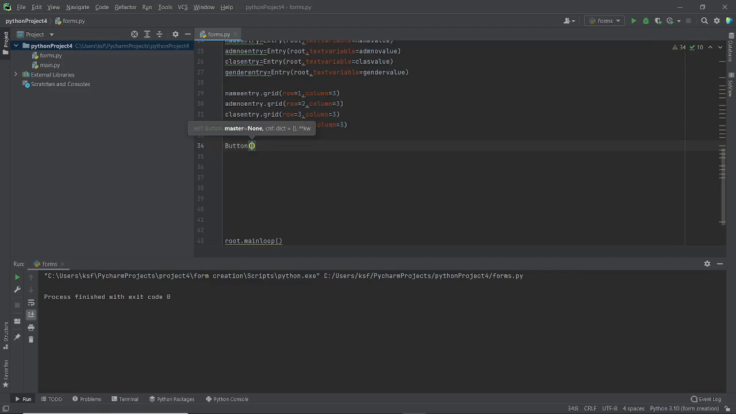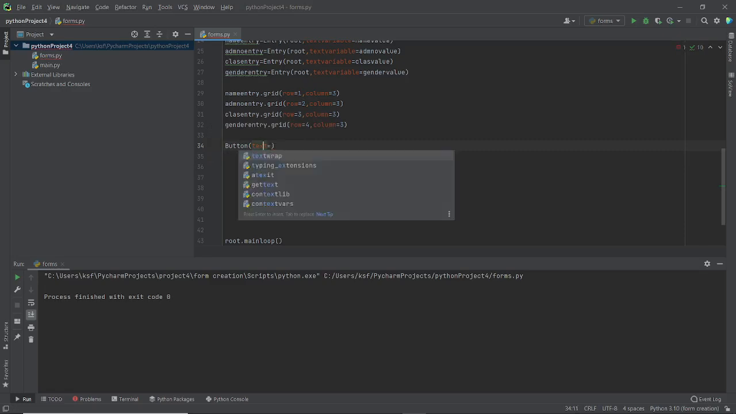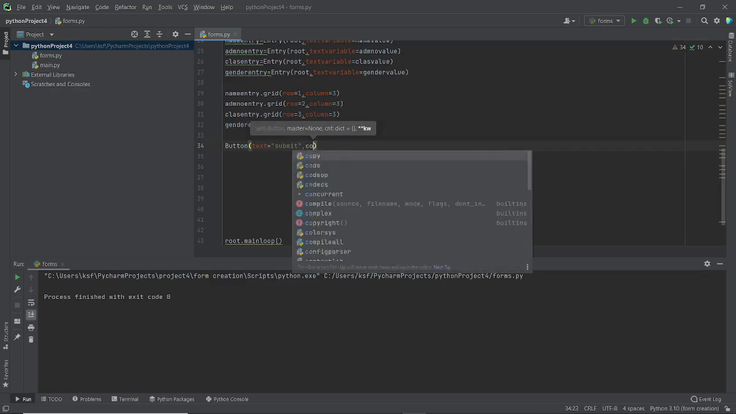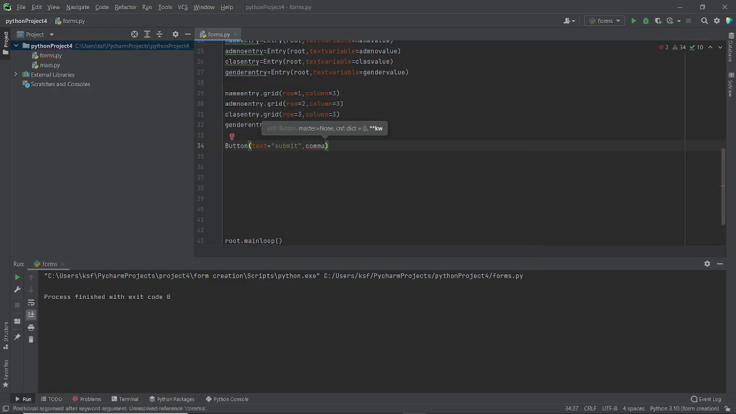It has a text. Text will be equal to, not test but text, it will be equal to submit in quotes, submit, and then comma, we shall have a command. So the command will be equal to